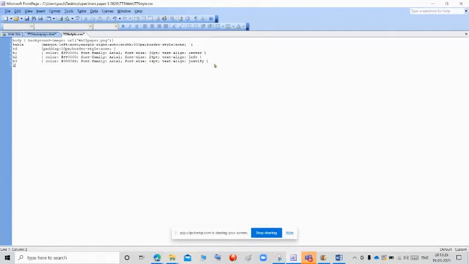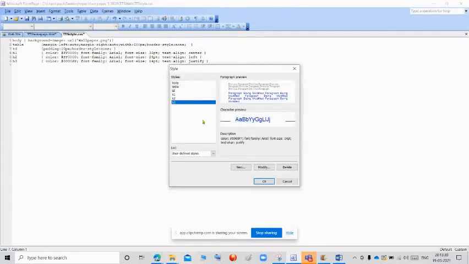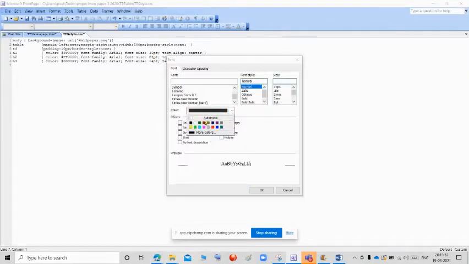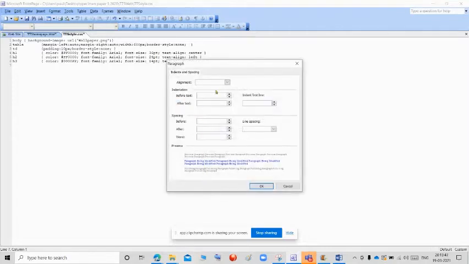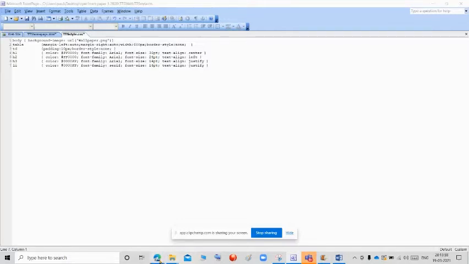Go to the format, click style, select H3, go to the new, give the name as li, and go to the format and click font, and they are asking blue color, and they are asking font Arial, and they are asking 14 point, click OK, and go to the paragraph and select the justify. Click OK, OK, and give enter. Now we enter the styles in the style sheet.